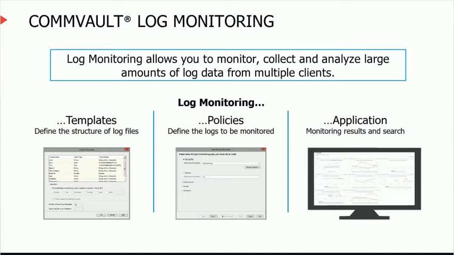The log monitoring application needs to be enabled on the web console and the analytics engine running on a media agent. A CommCell administrator specifies the users who have access to the dashboard. The default dashboard is the home page of the log monitoring application. It contains 4 interactive tables of data which display the clients, log files, templates, and monitoring policies that are configured